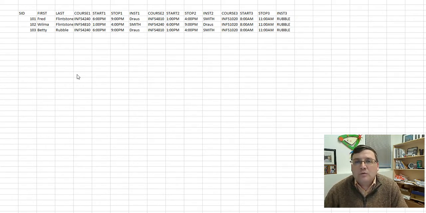And what we want to do is put this in first normal form. So to put it in first normal form, we have to look for columns that are the same. And as you can see, we have course, start, stop, and instructor, which all look the same as we go, even though it's course 1, course 2, course 3. Now the reason we want to put it in